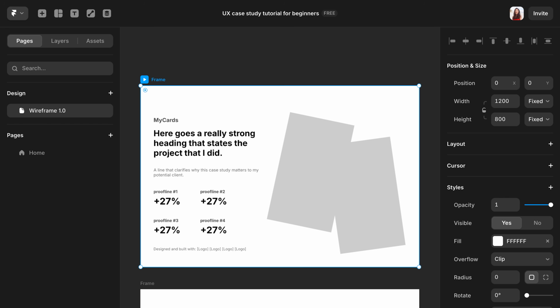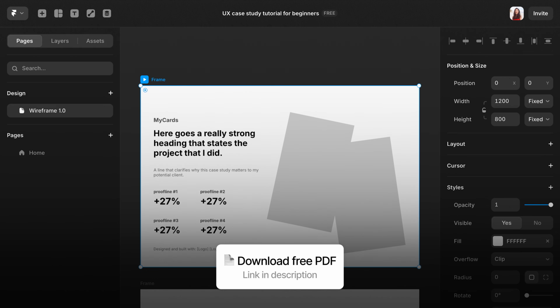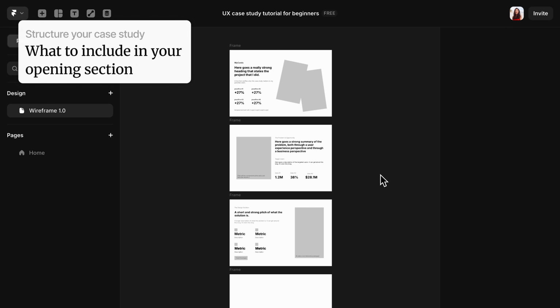And you can also steal like an artist and reference as many case study examples as you want. I will include some of these in a free PDF in the description. And now I will give you examples from top to bottom, so pay attention. Let's start from the top.